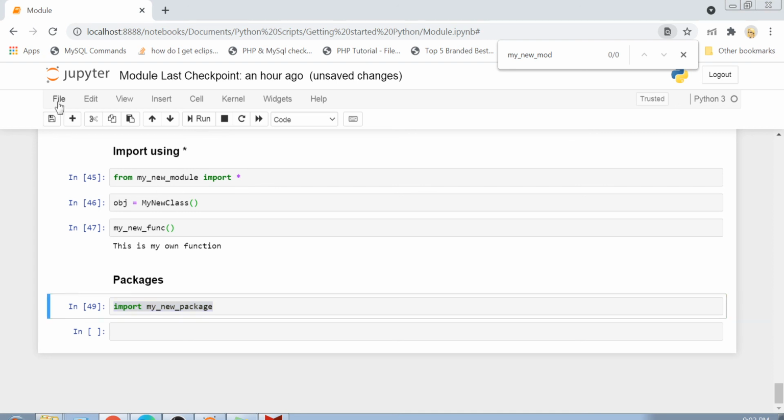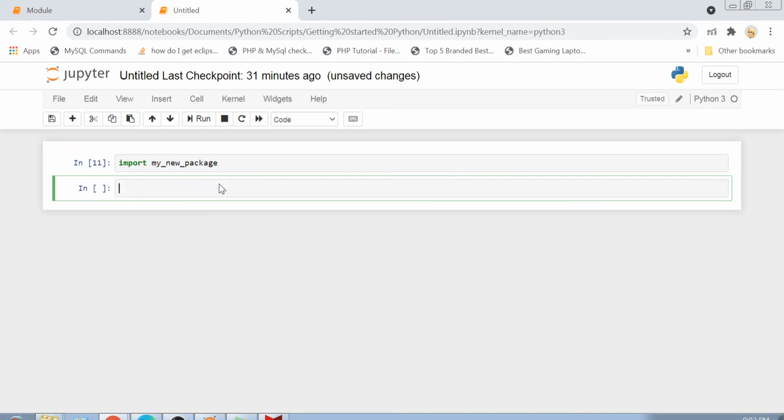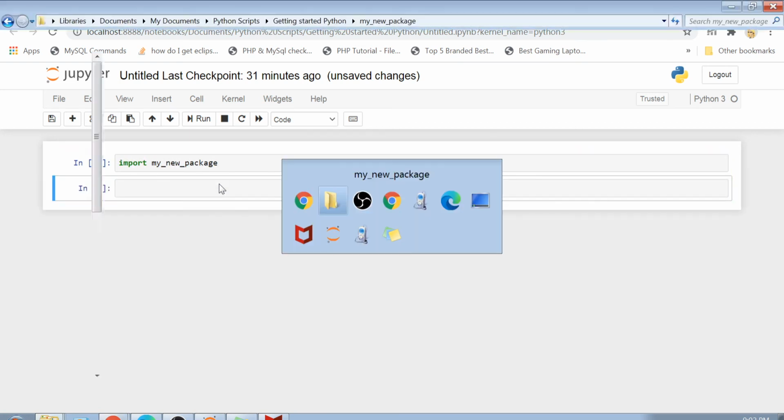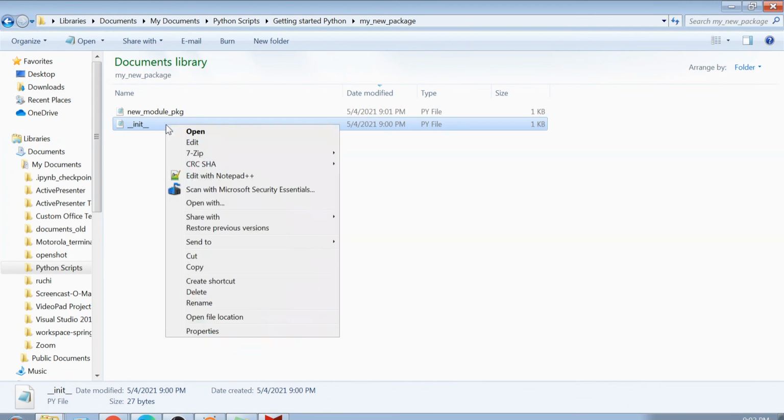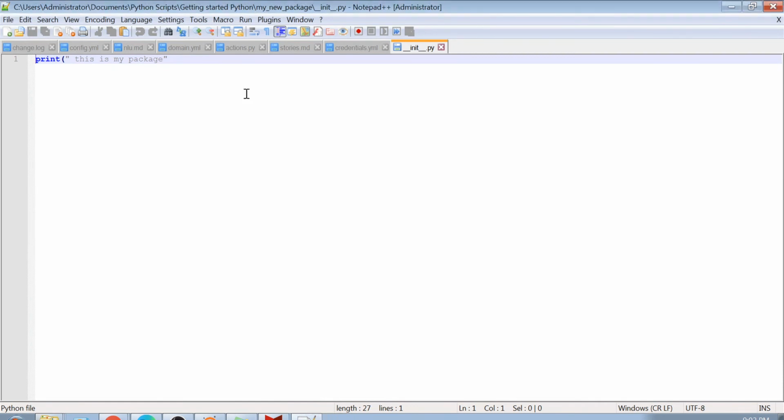If I just create a new Python file here, I will show you the demo of importing this package. Let me import this package here now, and now you will see that this init.py file should be executed. Because it's not executed here, let's see why. Because the bracket was not closed.